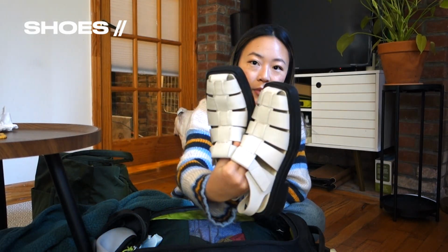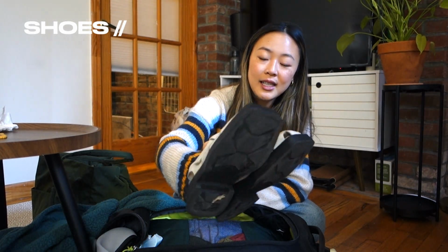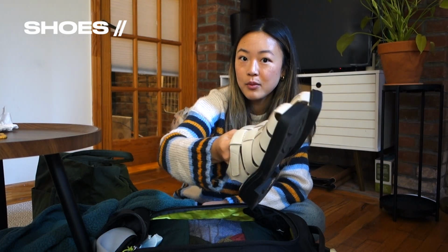Okay, I'm going to actually start with shoes first. I'm going to be bringing 3 pairs of shoes, and one of them I'm going to be wearing while I'm on the flight. And usually I like to wear my heaviest pair of shoes, and it's going to be these ones by Vagabond Shoemaker. They're really cute and really unique, and they're quite comfortable as well, so I'm going to wear these with socks